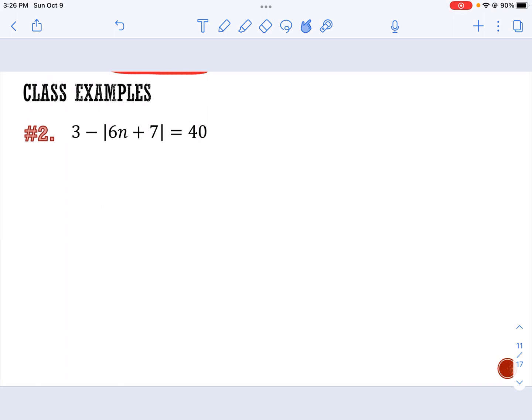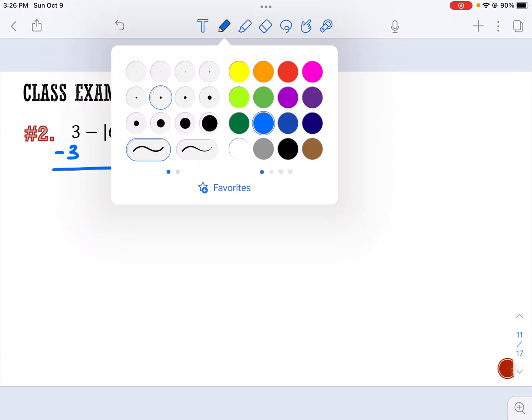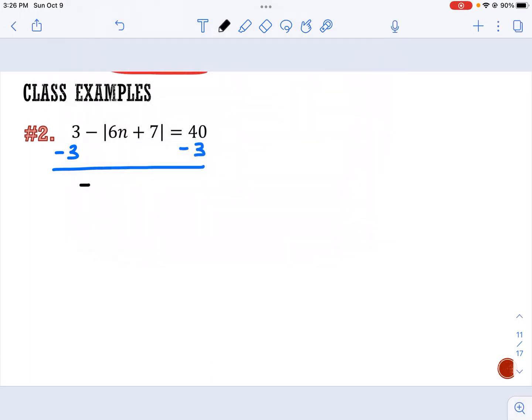All right? And the first thing we want to do is isolate our absolute value expression. And in order to do that, we want to get rid of that 3 and we want to get rid of that minus sign. So what do you think is my first step to isolating the absolute value expression? Good, I should subtract that 3. So I'm going to do that on each side. From the left, I'm going to bring everything else down. We have the negative absolute value of 6n plus 7 is equal to